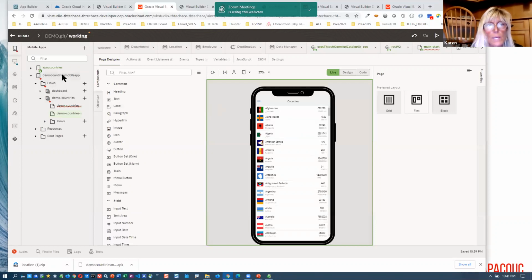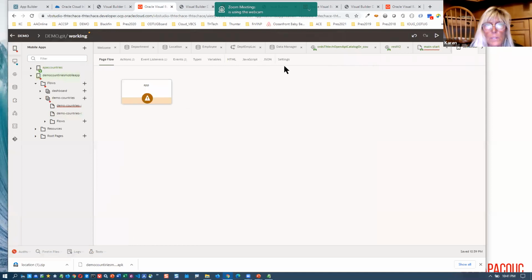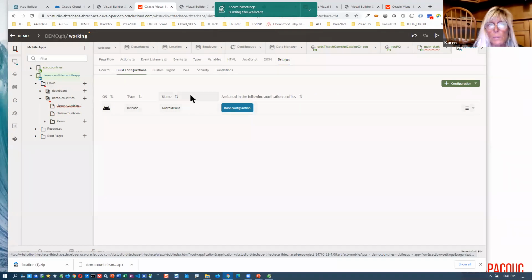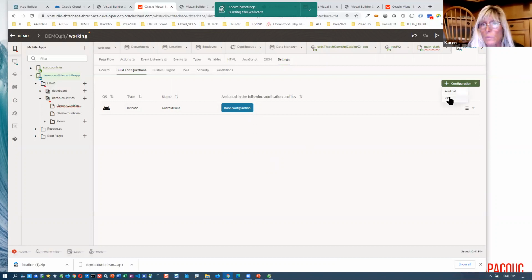But what I want to show you now that I have it here in my designer, and I have it the way I want it, I go back to my application, and I'm going to go look at these settings. And here I have application settings that tell me about my app, the vendor, however we want to add these things in here. I loaded in Android resources, iOS resources. I said, hey, do iPad. Then I had to build a build configuration. Now I only built one for Android because I don't have an iPhone. These are very, very simple. It just walks you through